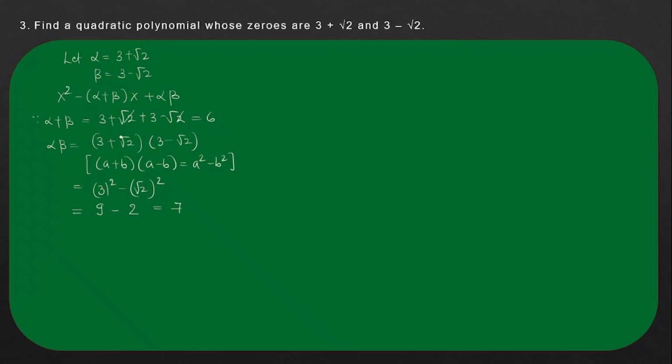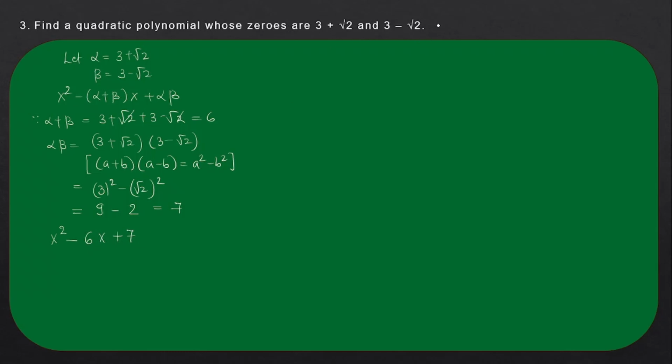So now we know the values of alpha plus beta and alpha into beta. Let us substitute and find the required quadratic polynomial. We get x square minus, in place of alpha plus beta, 6, so 6x plus 7. So this is my required polynomial for which the roots are 3 plus root 2 and